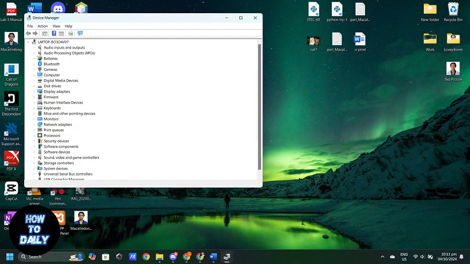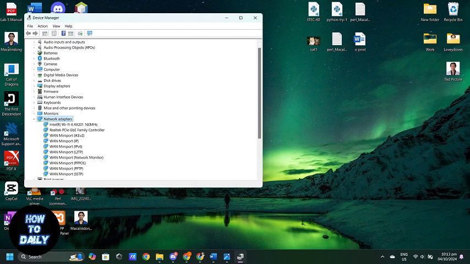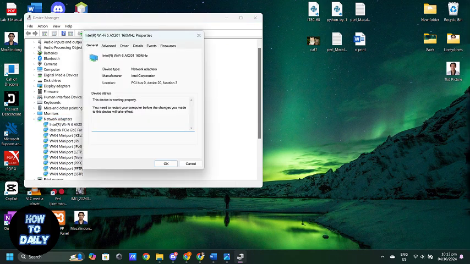Now scroll down to find the network adapters and click on the drop-down arrow to reveal your network devices. Right-click on your current network adapter and select Properties. In the Properties window, navigate to the Advanced tab, and here you will find a list of settings that can